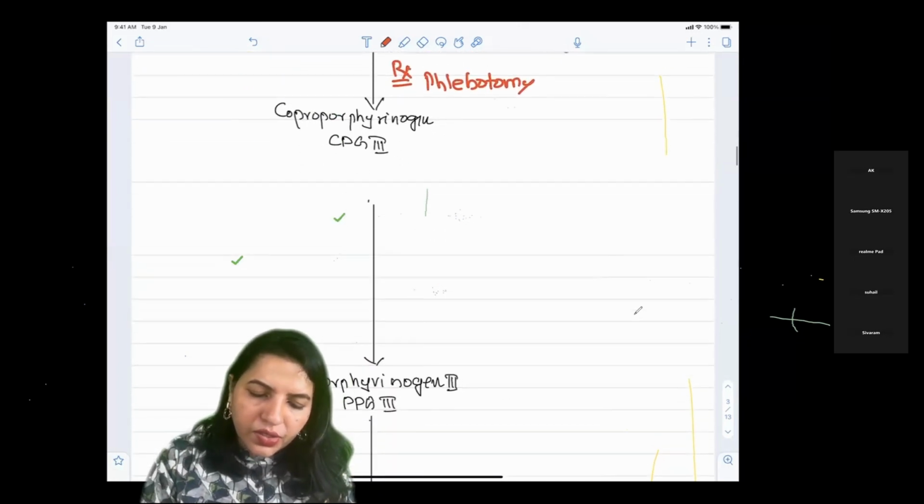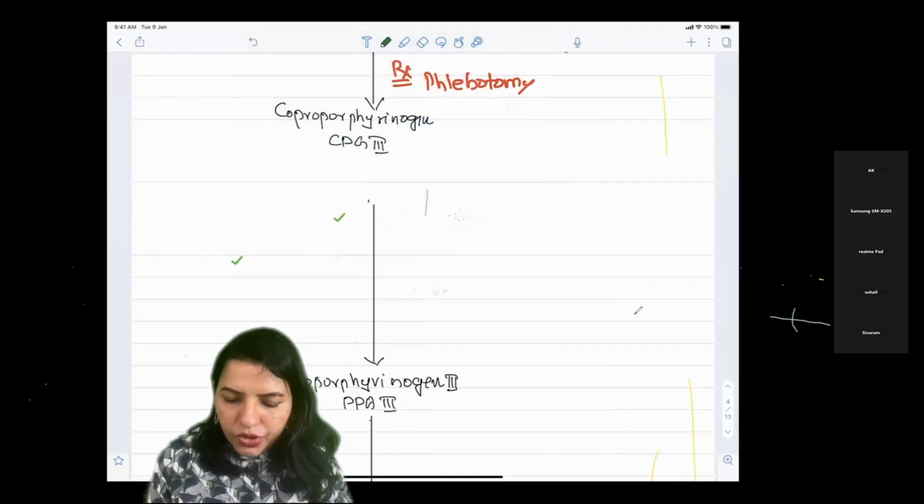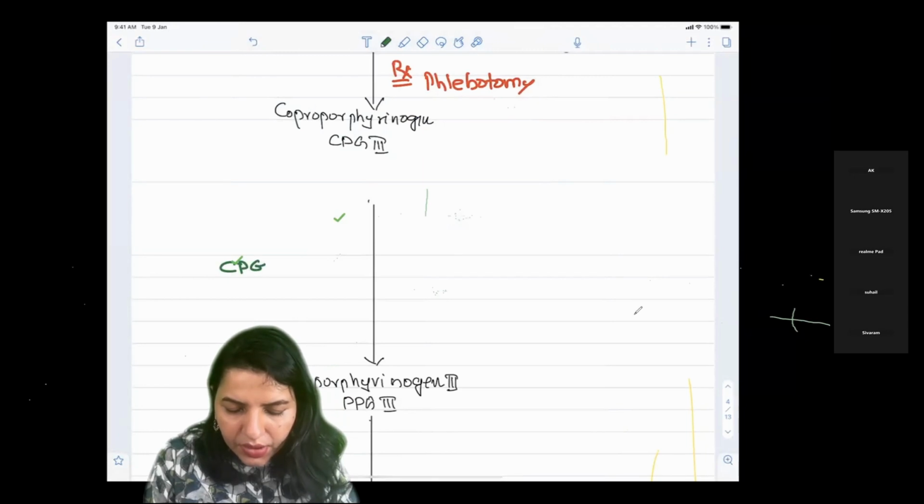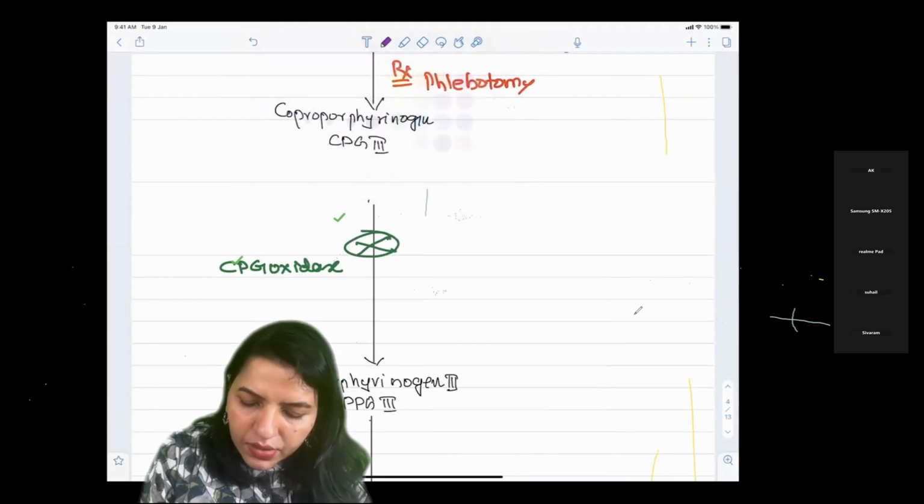Next onwards, you need not learn much detail about that. That is coproporphyrinogen to protoporphyrinogen. The enzyme is CpG oxidase. If there is a defect here, it causes, just know the name only, I'm not saying anything else, hereditary